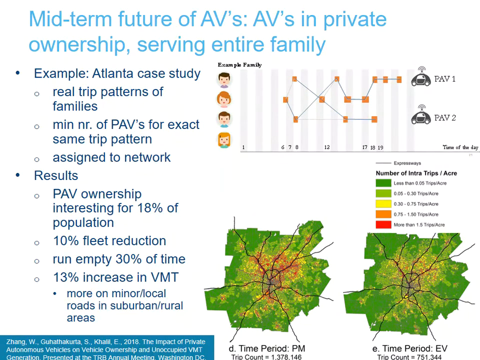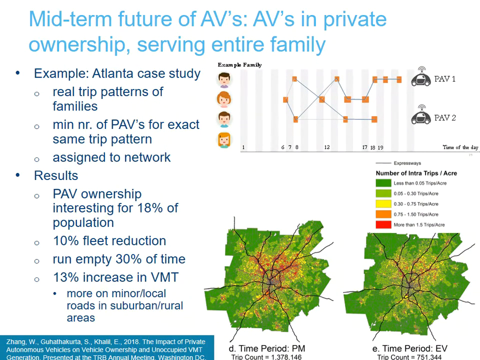Engineers in the US have quantified this. They have quantified what happens to our transportation networks if households would just behave as usual. For instance, here on top you see a family living in Atlanta, and the orange blocks are their activities throughout the day. Engineers have computed for this and a million other households how many cars each family would optimally need to bring mommy to work, then instead of parking all day, drive back autonomously to bring the kids to school,